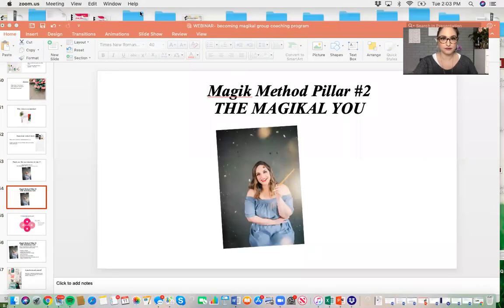Okay, so let's dive into today's meat and potatoes. Let me share my screen here. Just take me just a second. Here we go. And